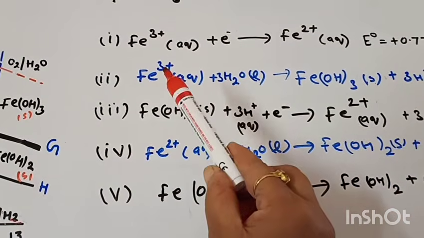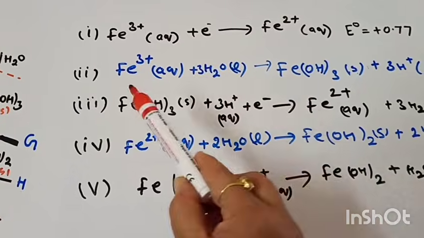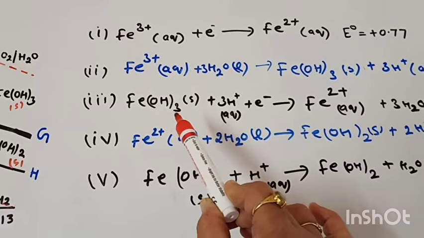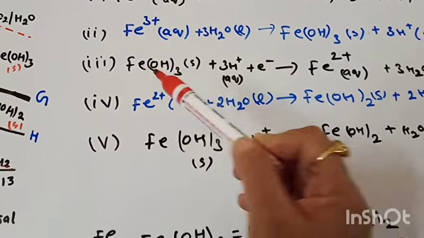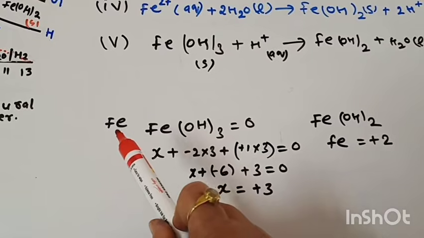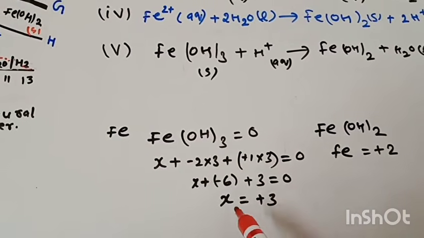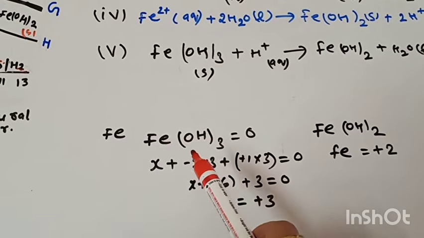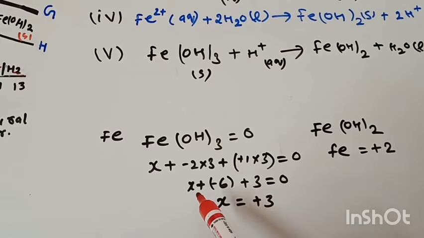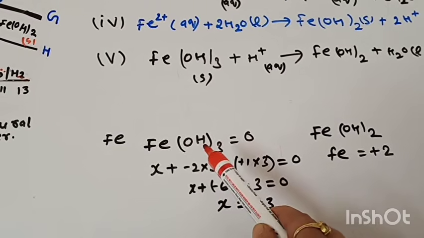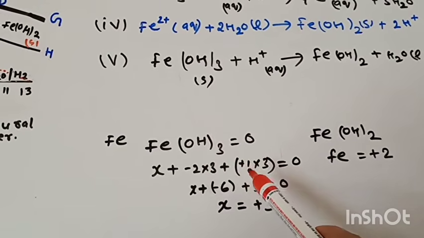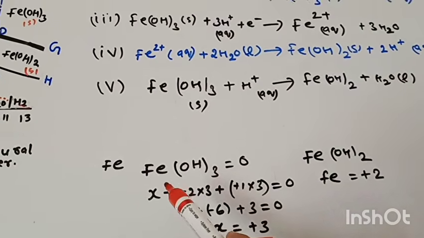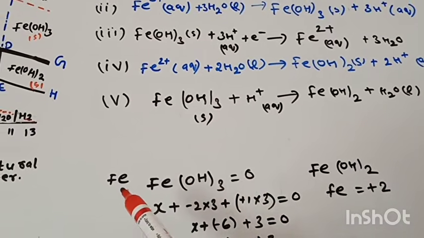Similarly, if we see this reaction, it is 3+ and it is also 3+, so this is not a redox reaction. Similarly here, if it is Fe(OH)3, that is, in ferric hydroxide, what will be the oxidation number of iron? We can calculate it, and it will come to be +3. How? We take x for iron, and for oxygen we know it is -2, and there are 3, so multiplying we get -6, and we take the oxidation number of hydrogen as +1. So finally for iron we will get +3. So you have to remember that the oxidation state of iron in ferric hydroxide is +3.